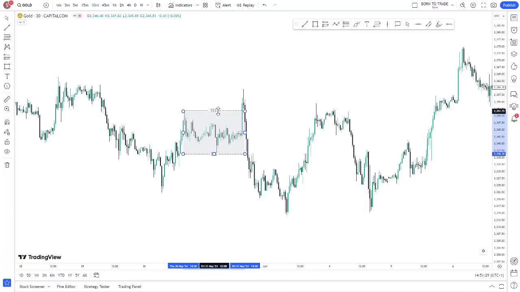Okay, this is an accumulation area in the markets where we see price building up orders. That's price accumulating orders at this particular area. Now, if you see this in the market, I guess you're not going to look to enter the market. Why? You're going to be waiting for the manipulation phase where price is going to sweep the liquidity at any side of this market.